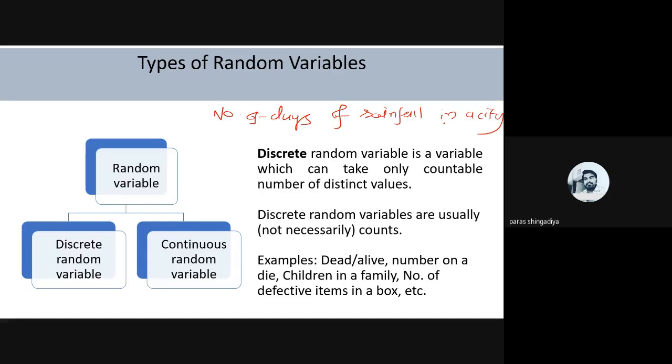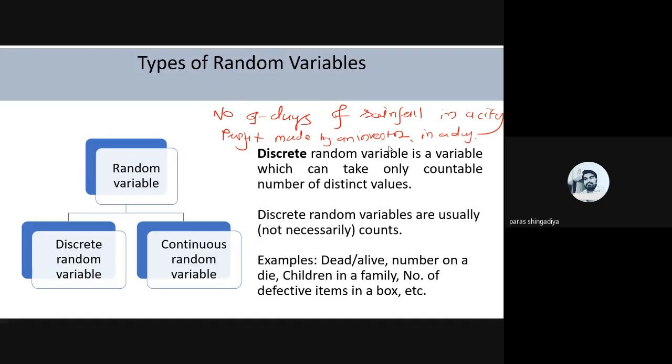Then another example you can consider here is the profit made by an investor in a day. Clear, so it is also countable. You can count that profit, okay? So this is called a discrete random variable, where there is a finite answer. Then it is called a discrete random variable, clear.